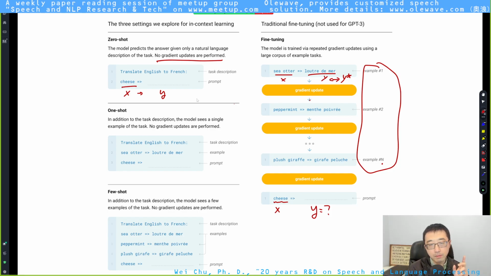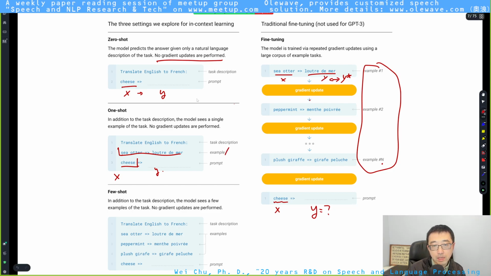But you can definitely do one-shot learning. So give the model an example. This time the whole thing going from here to here is input X, and the model is expected to output Y. So you can see the only difference between zero shot and one shot is the example.